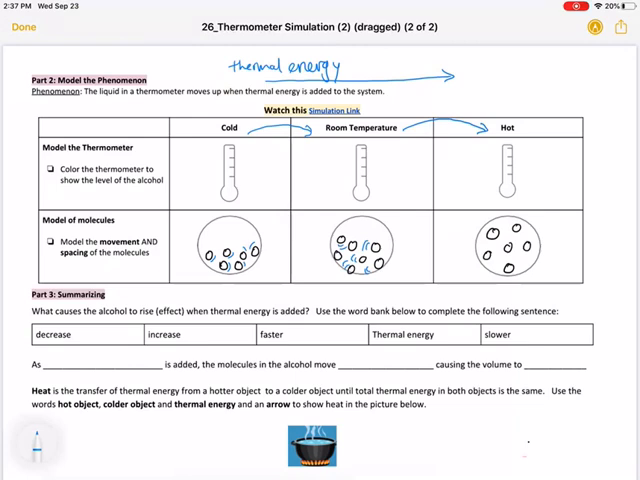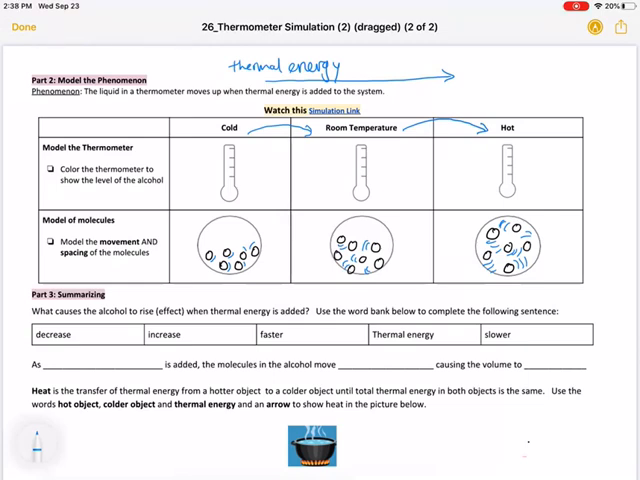Okay, so here's our speed. Then when we get to the gas, they're like going bonkers. Okay, so let's add those. I'm trying to show they're kind of going in every which direction. Okay, so now we have to come down here and say what causes the alcohol to rise, what causes the